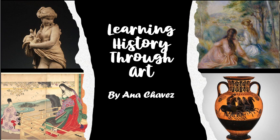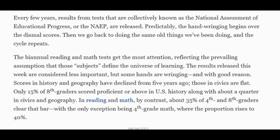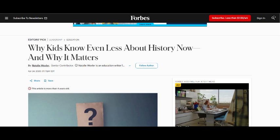And this is true across all levels of education. A lot of students struggle with history classes, with Forbes reporting that only 15% of 8th graders scored proficient or above in US history. Schools often focus on improving math and reading scores, but history classes should not be left behind. History can help students better understand the world we live in. It can also help them develop skills in research, writing, assessing evidence, conflict interpretation, and empathy, which are useful beyond